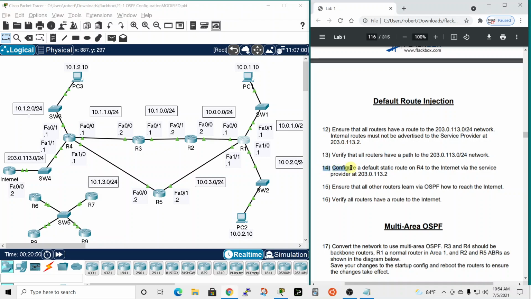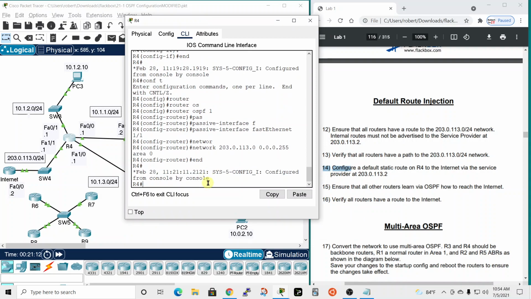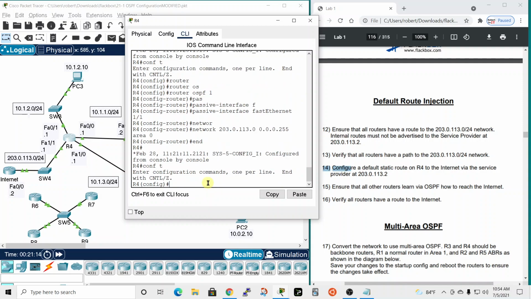Now it says to configure a default static route on router 4 to the internet via the service provider 203.0.113.2. So we need to go over here. We need to configure a static route out this way, right? Yeah. Let's do that. So on router 4, conf t, and we're going to set up a default